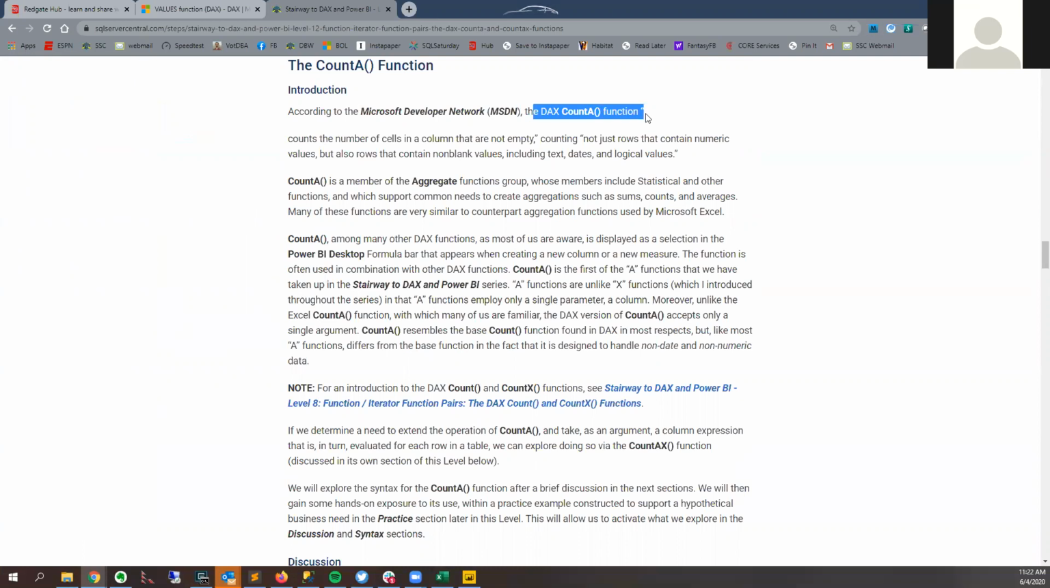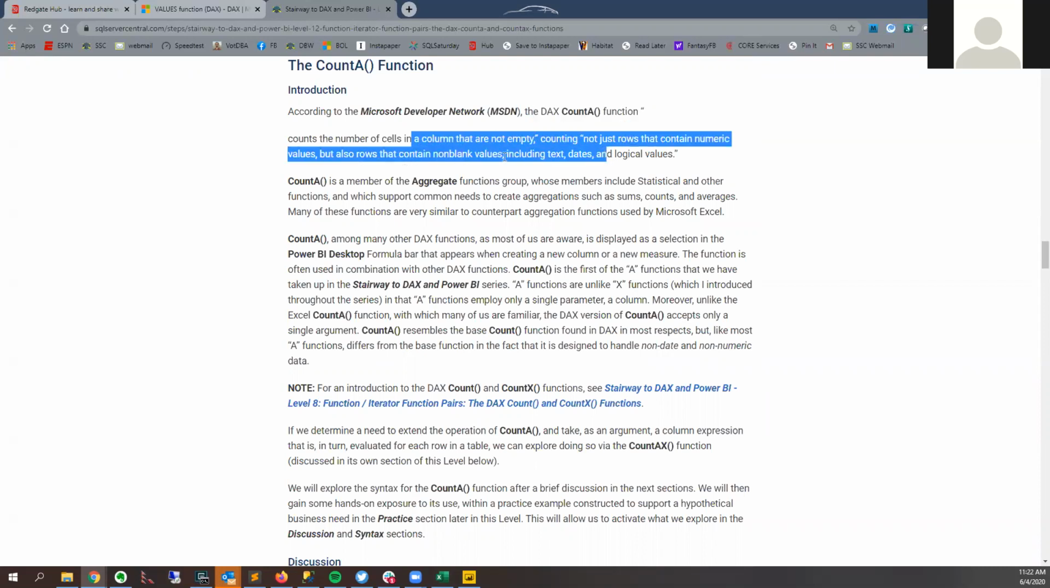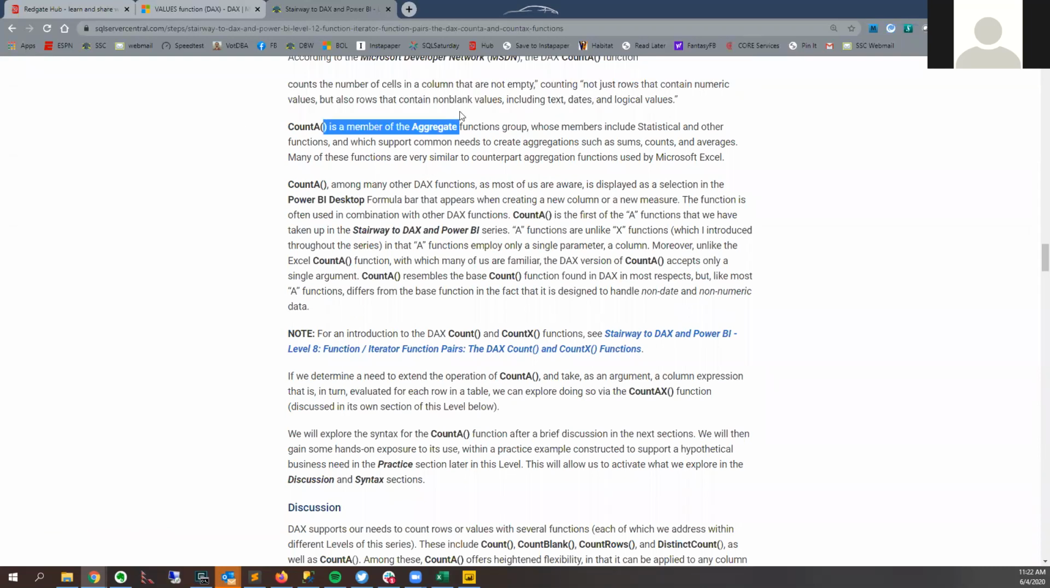So DAX COUNTA counts the number of cells in a column that are not empty, counting not just rows that contain numeric values, but also rows that contain non-blank values, including text, date, and logical values. Again, I don't know how I get all these different values into one column. I haven't found that out yet, but maybe there's a way. This is an aggregate, so like COUNT, it's an aggregate, but it's not operating on just dates or numbers. It's operating on text values or logical